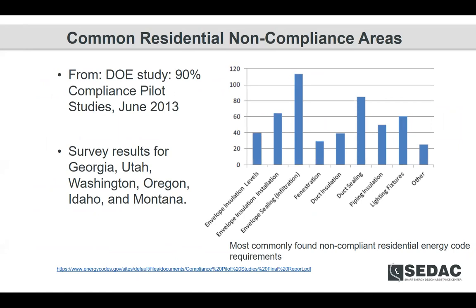And one of the studies that we found from 2013 show, and granted, this is only for about 6 states, but it found that non-compliance areas, you can see on the graph there, that envelope sealing was the #1 non-compliance area, and the duct sealing was the second. I hypothesize that that is because those are the newest additions to the code, and a lot of those require